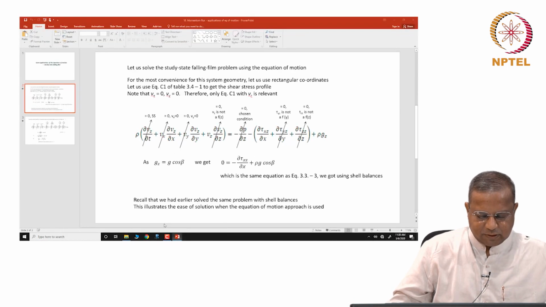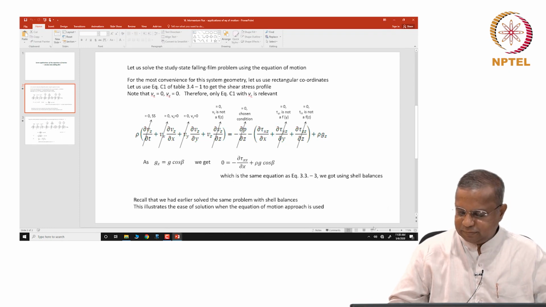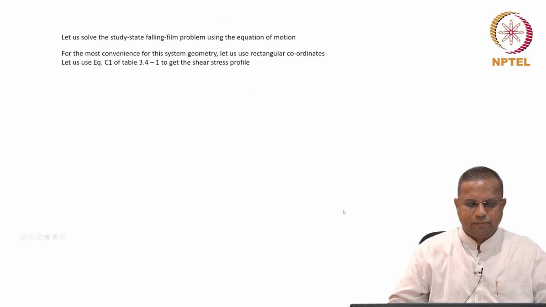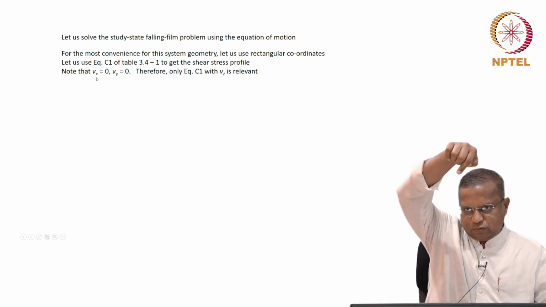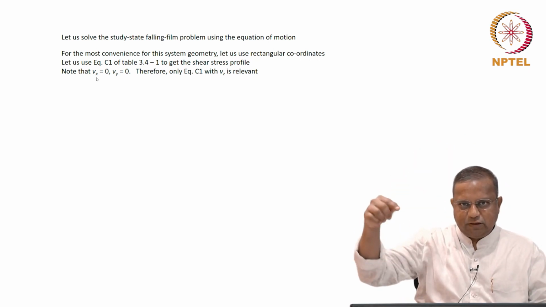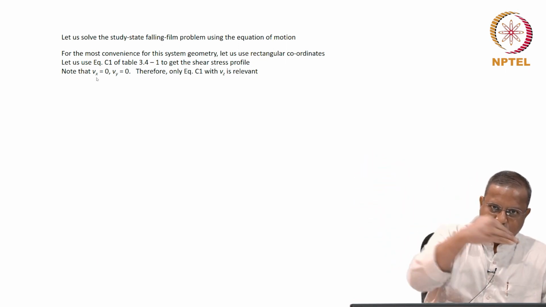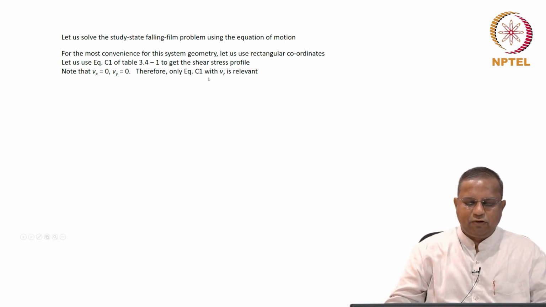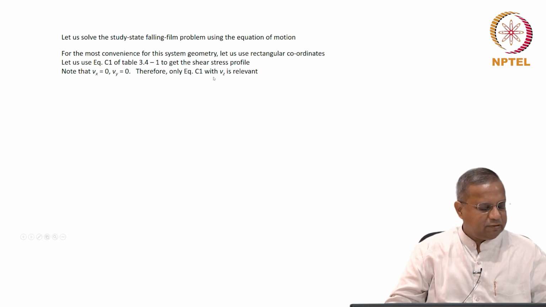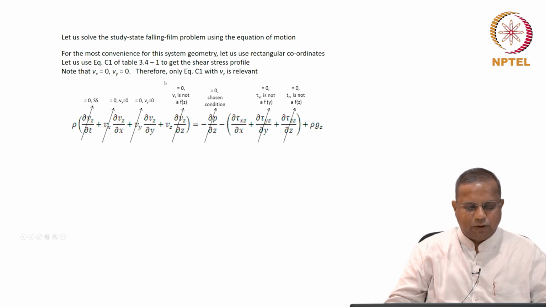If we take this and apply it here, it's quite easy to see that there is no bulk velocity in the x direction, and no bulk velocity in the y direction of the film. This is the z direction; the bulk velocity is only in the z direction. Therefore, only Vz is relevant, and the equation that contains Vz is C1, and that's the reason why we went with C1. When we take C1 and cancel the terms, I'll show you one by one. Then we get something like this.